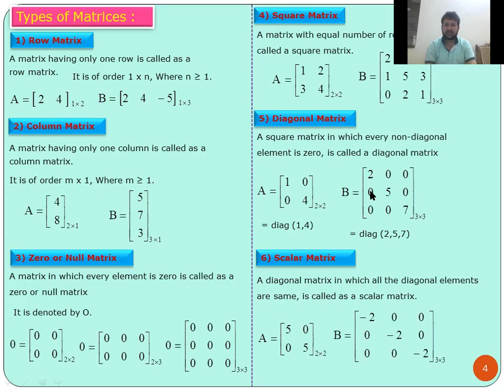Okay, this diagonal element is given here -2. Next diagonal elements are also -2. So simply scalar matrix is a type of diagonal matrix in which all diagonal elements are same. So in today's session, you have learned definition related to the matrices, and total 6 types of matrices are learned. To know more about type of matrices, watch next video.